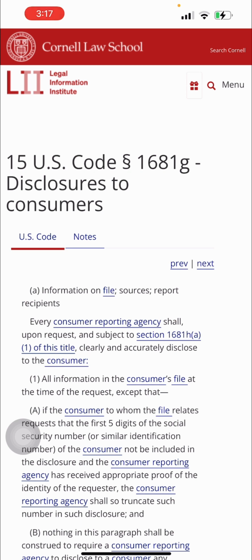So every consumer reporting agency shall, upon request, clearly and accurately disclose to the consumer: 1, all information in the consumer's file at the time of the request. It says all of the information in your file at the time of request.